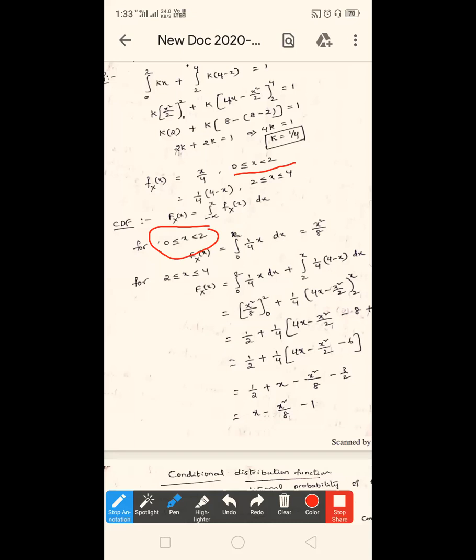Okay, so there is no previous range for this, that's why you need not to consider here. Simply you can solve by taking the given range. But whereas in the next case, the given range is 2 to 4. So you have to consider 2 to x as limits. But there is a previous range for this range. What is the previous range? 0 to 2. So you have to consider previous range also. Okay? Is it clear?